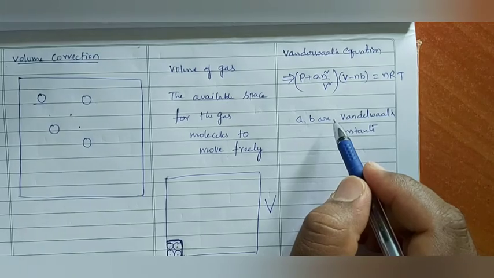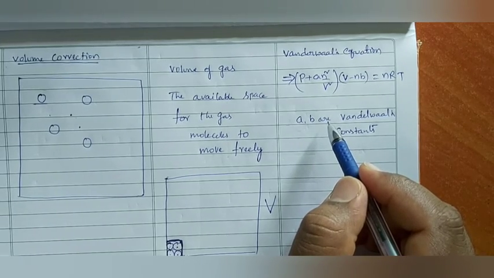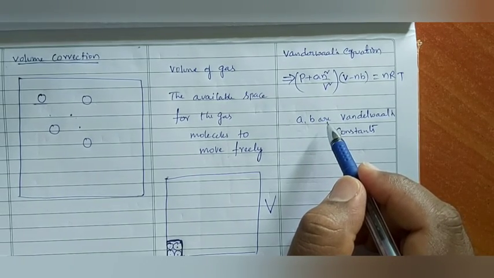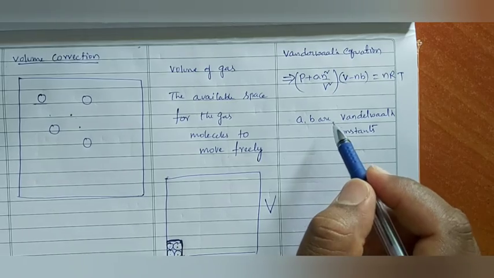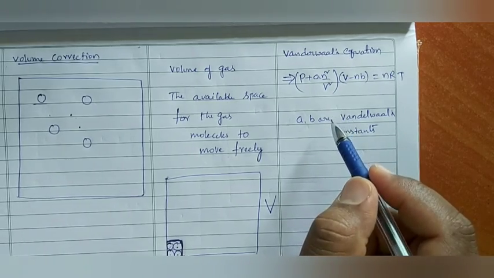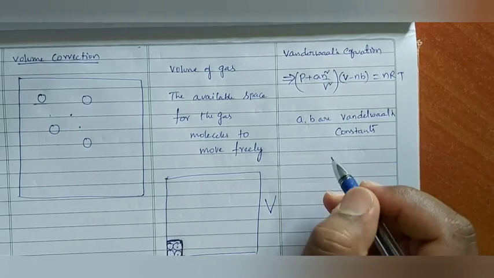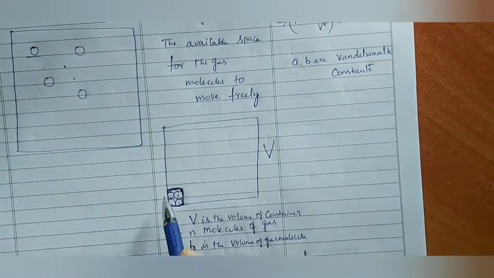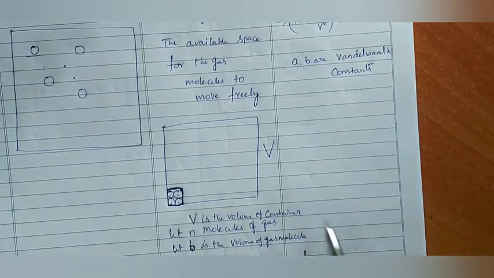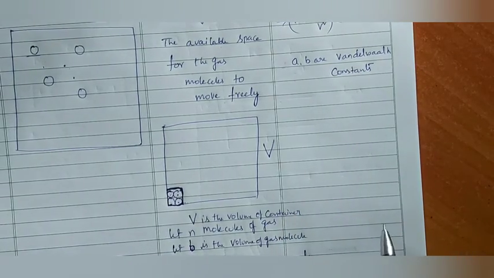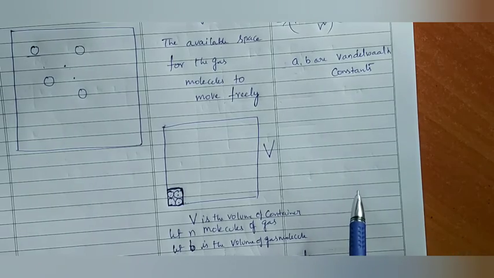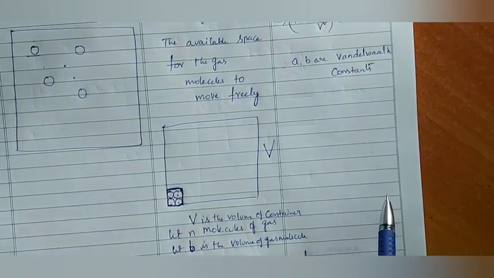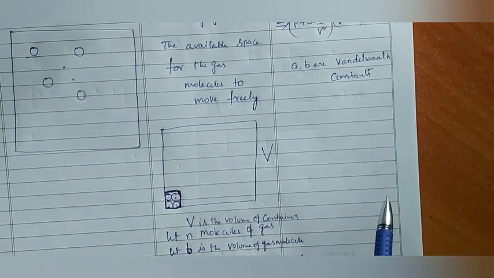This is about today's class. In the next class, we will see the units of a and b and what the excluded volume is. That value also we can find. We have removed the excluded volume. For every molecule, we can calculate the excluded volume. That explanation we will see in the next class. After that, I will take two more classes to complete this chapter.